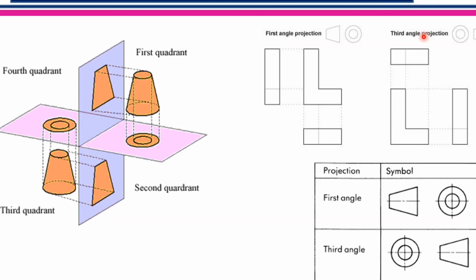Okay, one common example I can tell you is the mobile phone. Yes, we obviously care for the bottom view of the mobile, how it looks on the rear side. How the camera is mounted, how it is looking, where the logo is on the back side, what color it is on the back side. There third angle projection will come into the picture. But in most of the cases we'll go with only first angle projection. So keep those things in your mind.